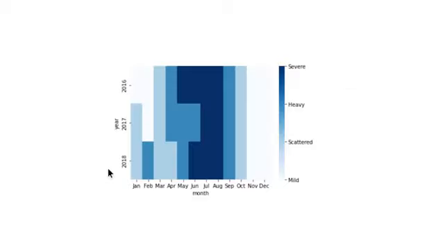Using the heat map, we can find the most severe lightning strike months across all 3 years. Thanks to Pandas and Seaborn, transforming data into categories and back into numerical data is possible with just a few lines of code. As we discussed, it's easier to plot a visualization by using strike level code as the base values. The categories we created of mild, scattered, heavy, and severe became the labels on our heat map plot. Labeling coding can be as simple as that, and it is an essential skill for data professionals.